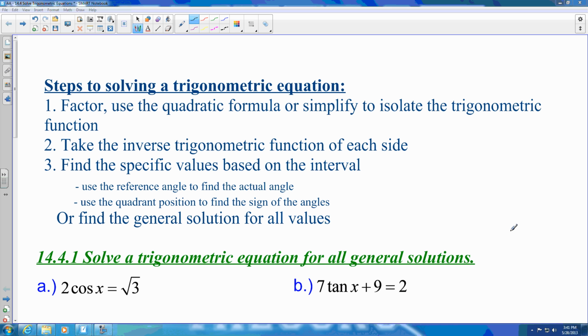The first thing you have to do is one of two things: you're going to factor, either by using the quadratic formula, or simply isolate the trig function. Once we do that, we take the inverse trig function of each side to get a value